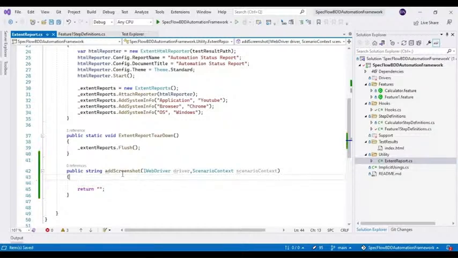To capture the screenshot, we have to firstly cast this particular driver object to ITakesScreenshot. So here I'll write,